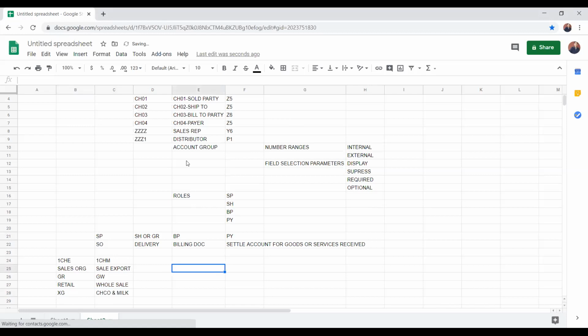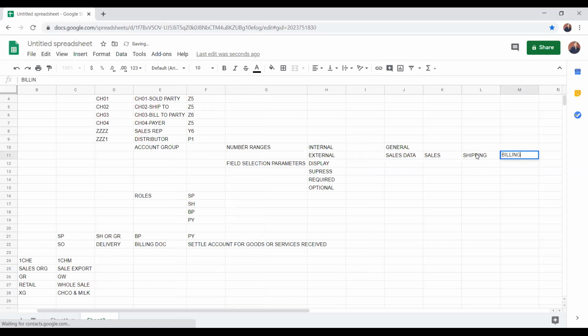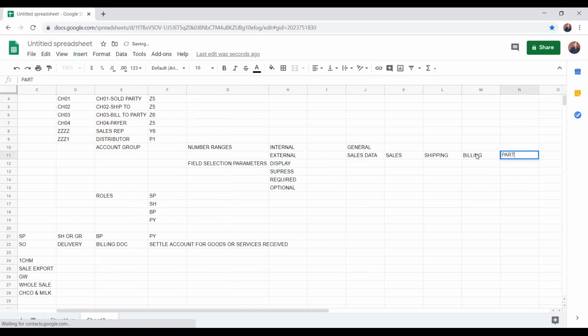Now let me explain. So you have an account group, and what tabs should be available? What are all the data we have in customer master data? General data, that is for your address, and the second one is for your sales data. Sales means sales, shipping, billing, and partners.